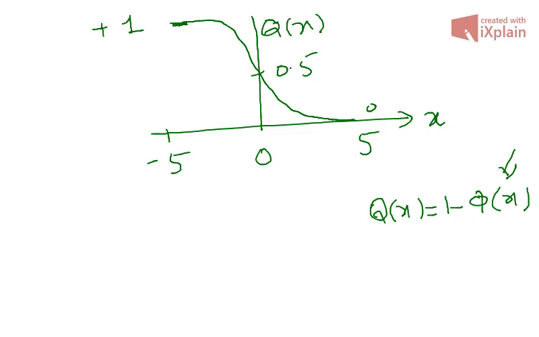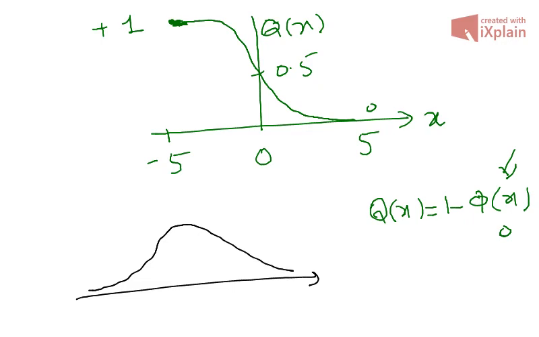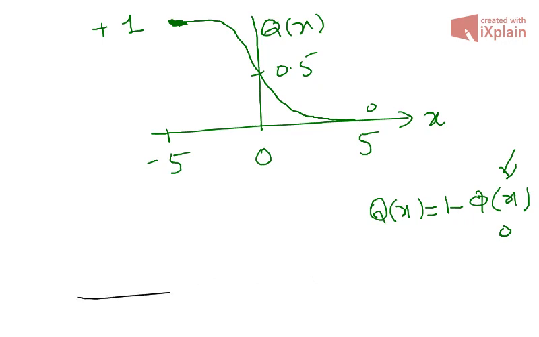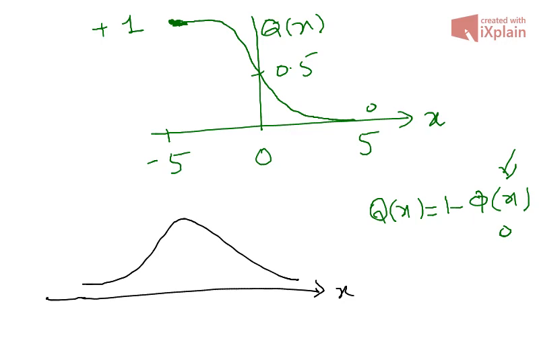For the standard normal curve, at -5, phi(x) approaches 0, and we have Q(x) approaches 1. Now as the value of x increases, let me plot another curve as well, the PDF, and I would like to explain it with the help of this curve. So let me plot the PDF curve. Now when you have minus infinity somewhere here, or if we talk about the standard normal curve,